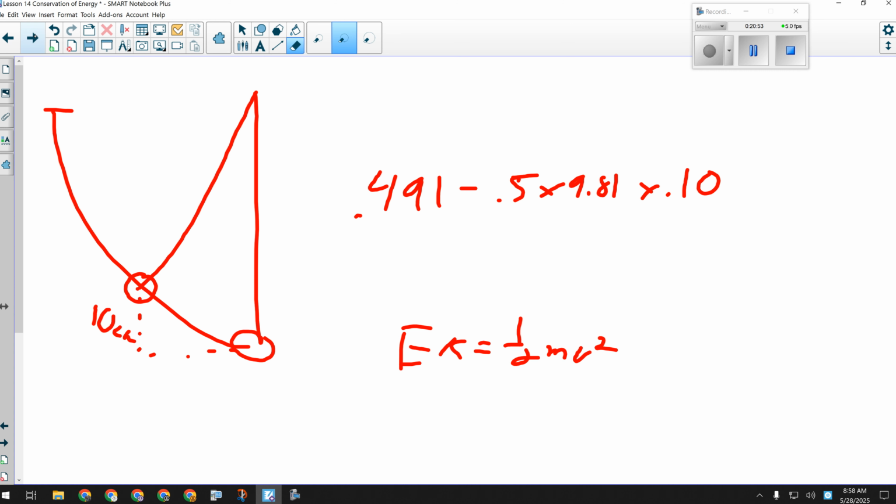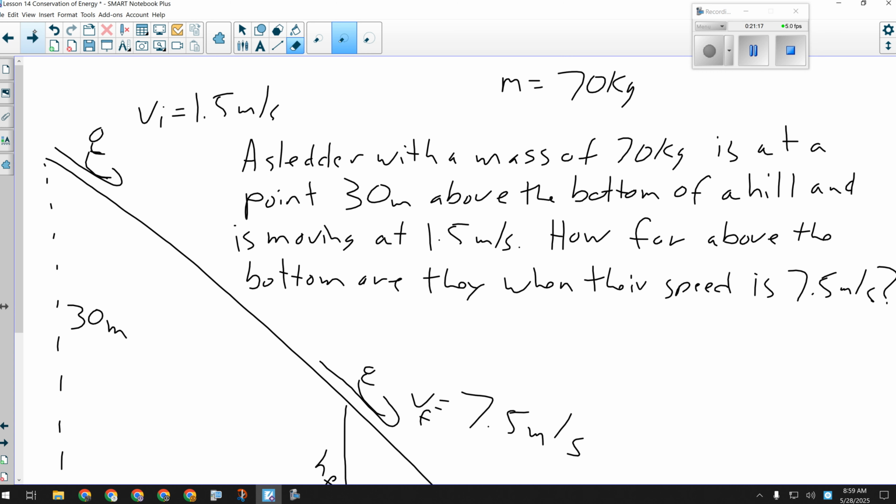Okay, so this is what we were just talking about here. If I'm looking at the pendulum out here, let's say that this is its highest point, 10 centimeters. Here would be its lowest point. We'd say the height here would be 0 centimeters. It would be swinging along that arc. It would have some combination of potential energy, some combination of kinetic. Maybe it would only have one or the other, depending on where it is.